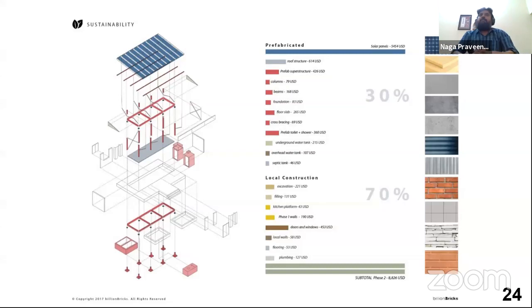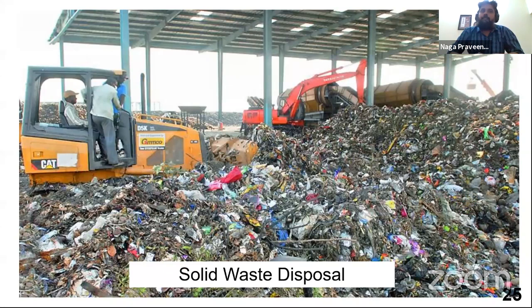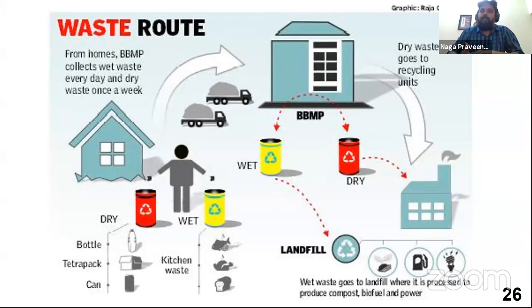And the fourth most important factor, something which goes unattended on a bigger scale in the city, is that all of us don't segregate our waste. There was a chance where we took students to the dumping yards and made them walk across the site, to make them more conscious of what happens when you don't segregate your waste. I mean, segregating waste is a very simple technique.